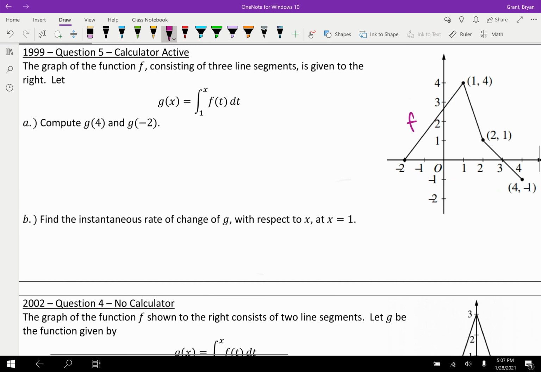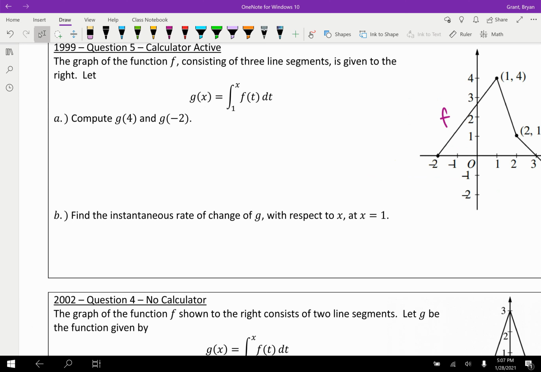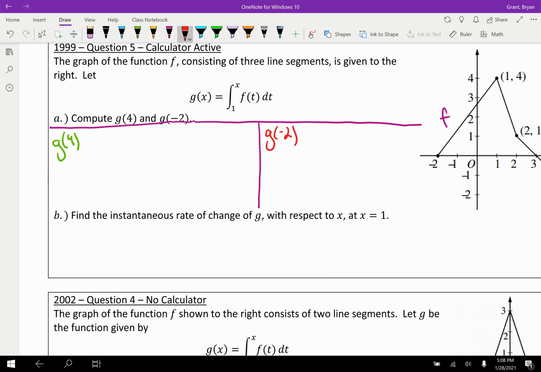So maybe we should look at the very first problem so we can try to put some visual to this. They're going to ask us for, and I'm going to split this into 2 pieces here, both g of 4 and g of negative 2. I've found in the past that usually the first one takes less work and the second one is a little bit trickier. That's a very soft rule, more like a guideline, but that's what I've seen over the past few years. So g of 4. Well, that means they replaced the x with 4, so we should replace the x over here with 4